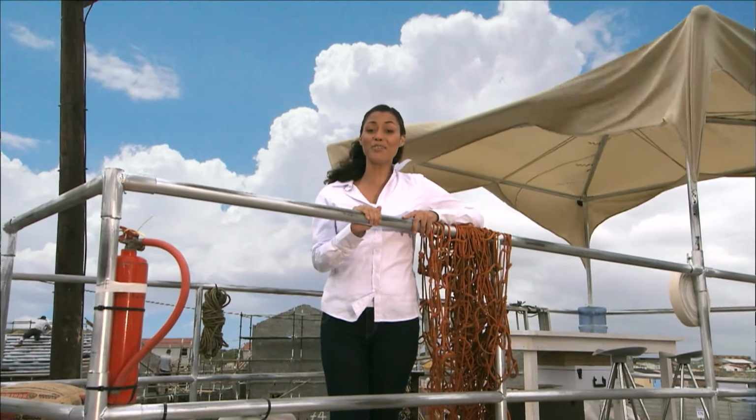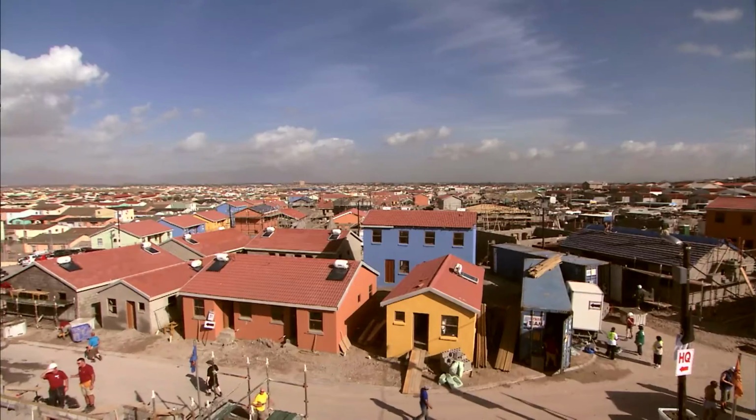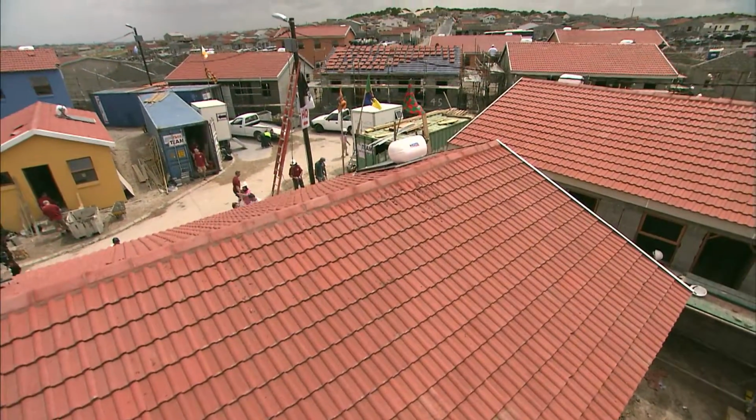Days to build 200 houses. Hello everyone and welcome to our house. I'm in Freedom Park in Mitchell's Plain, Cape Town, and as you can see, all around me there's a buzz of activity. But all of that's about to step up into high gear as